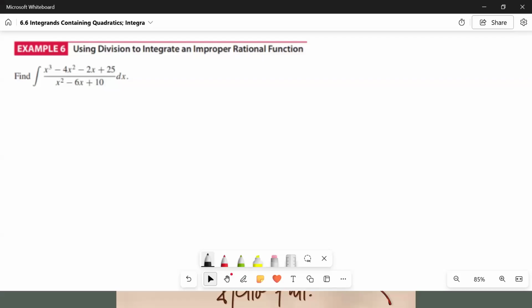All right, our sixth and final example here is we're going to use long division again. Notice we have an improper integral because the numerator's exponent is greater than the denominator's exponent. So we would use long division. I'm just going to kind of wave my hands over it and say, boom, we did the long division. So this is going to become the integral of x plus 2 plus 5 over x squared minus 6x plus 10